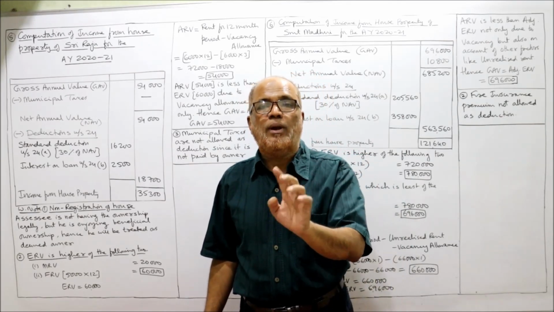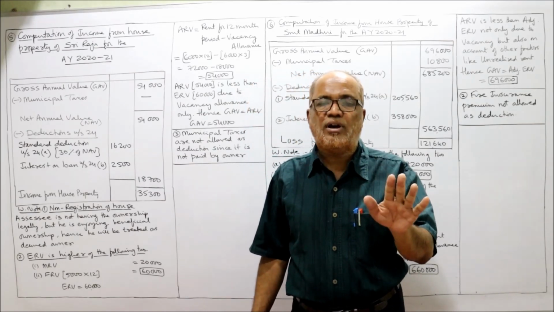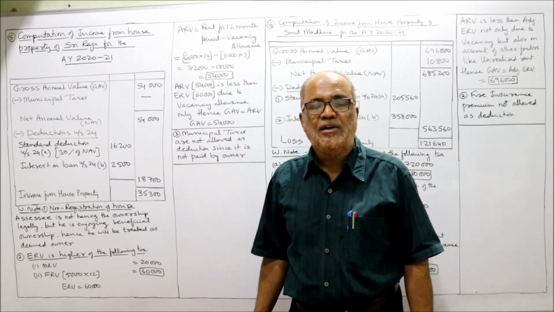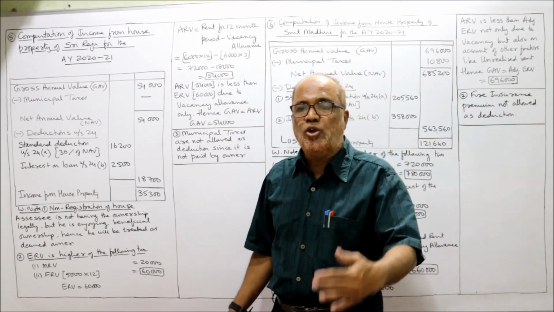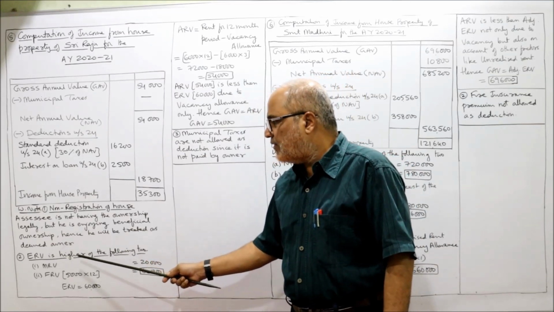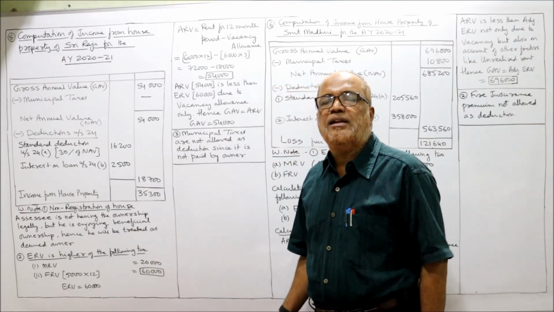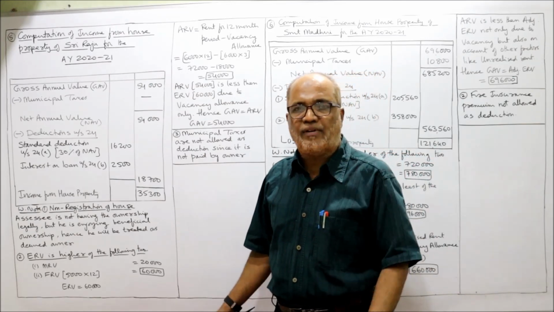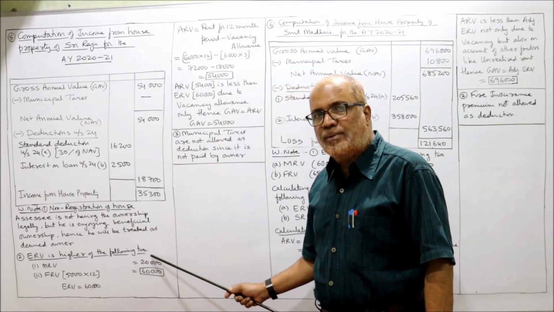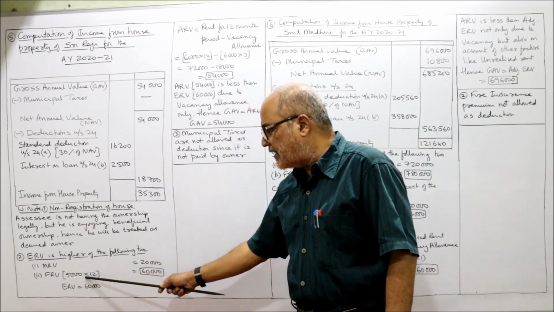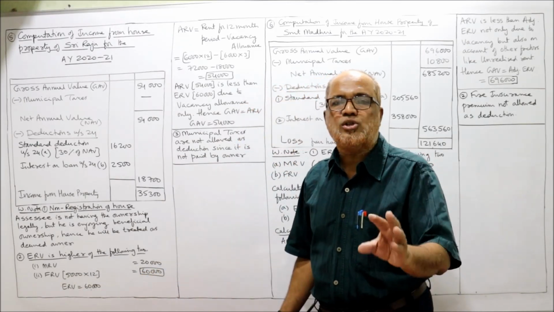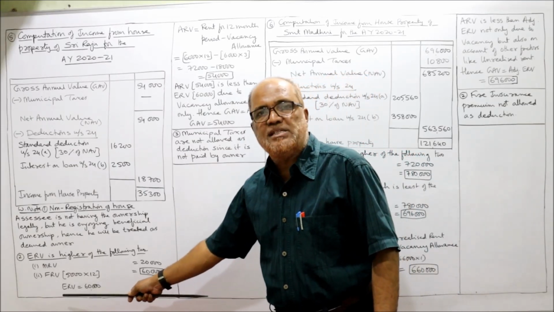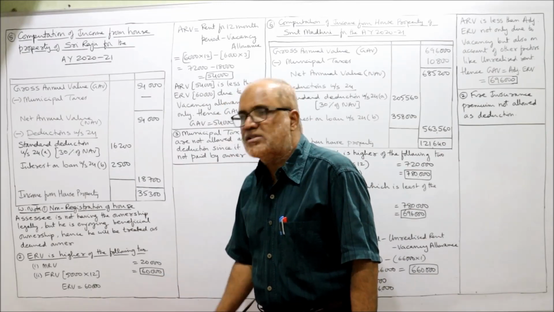Third calculate the GAV, if the house is covered by Rent Control Act. But in this problem, the house is not covered by Rent Control Act, but there is a vacancy allowance. Now what is the new point? I'll show you. First of all, we calculate the expected rental value, ERV, higher of MRV, FRV. MRV is 20,000 and FRV is 5,000 into 12, 60,000. 5,000 rupees per month is given in the problem. Higher of these two is the ERV. So ERV we got 60,000.